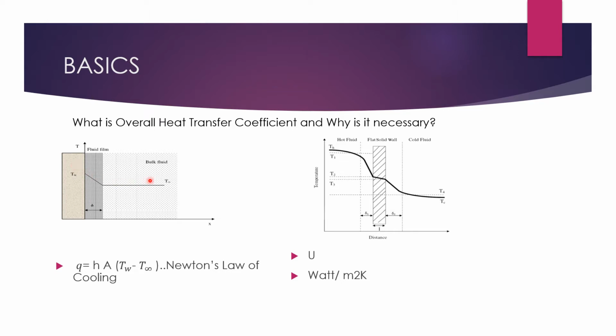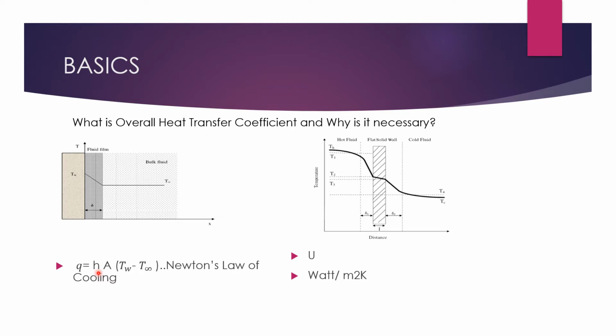That is, the bulk fluid, the cold fluid, is in contact with the hot metal wall. In that case, the rate of heat transfer is calculated by using Newton's law of cooling. The equation for this is Q = hAΔT. Q is the rate of heat transfer, A is the area of heat transfer, ΔT is the temperature difference between the wall and the fluid, and the term h over here is the heat transfer coefficient.